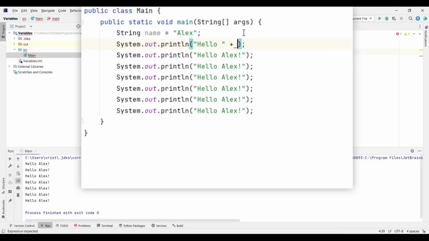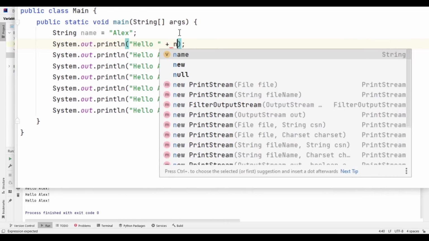So I will type here name, and while I am typing, you see that you have a suggestion. It's saying, do you mean this v for variable name, which is of type string, which means that it's storing text? And I'm going to say yes, press enter.